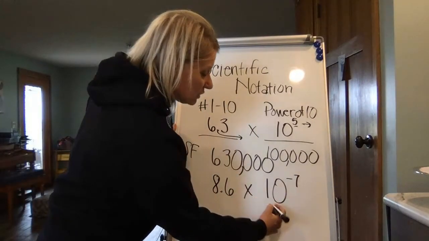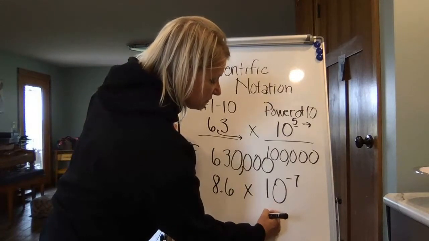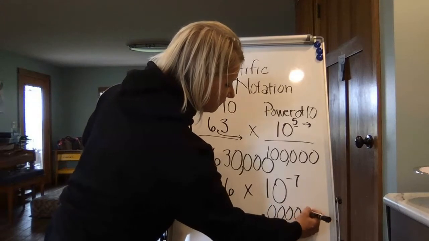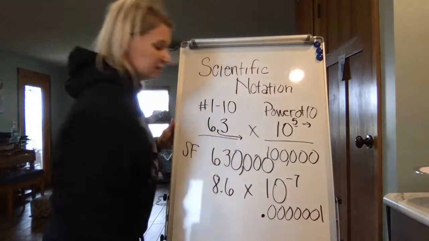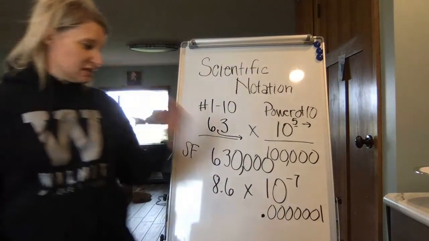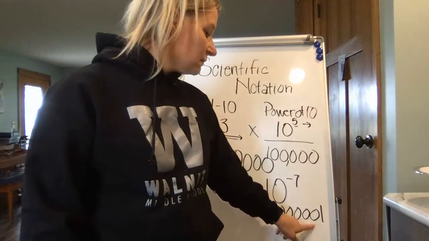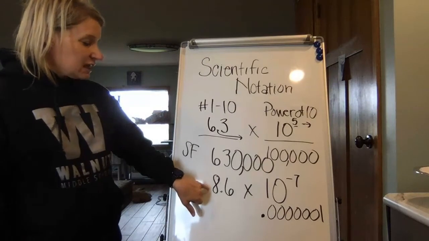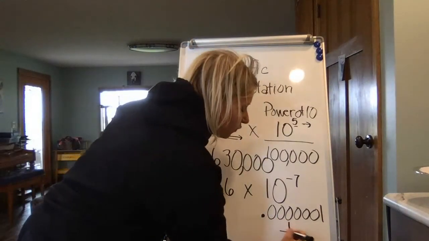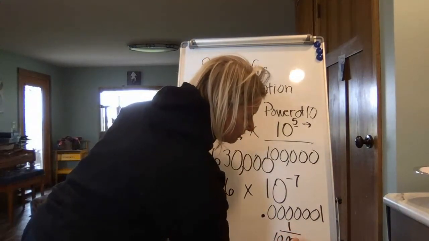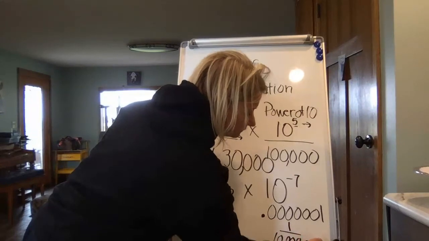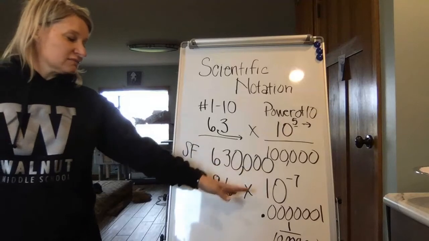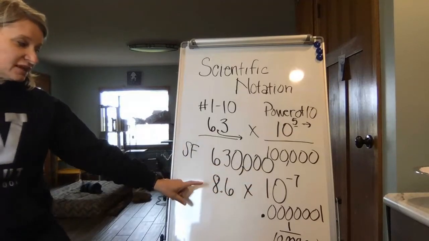Then 10 to the negative 7th really is, if I put my decimal point here, 1, 2, 3, 4, 5, 6, 7. So 10,000s, 100,000s, millions, 10 millionths. So you're multiplying this 8.6 by 1/10 millionth. I don't know, but to me, if I learn this method, it's a lot easier than multiplying this times